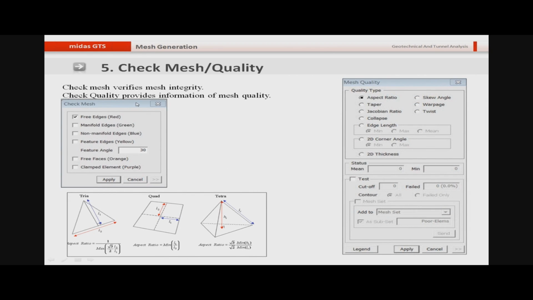Finally, after meshing, we can check the mesh quality, and we can check whether we have certain free faces inside the structure or not by using this feature. This feature is very important because if the meshing is not correct in the model, then you don't expect to obtain the correct result. So this is one of the very important features and can be used after you do certain meshing. So you are done with the meshing of 3 different layers, then you can check mesh, and then you can do the meshing for further layers, and then you can keep checking the meshes after different layers.